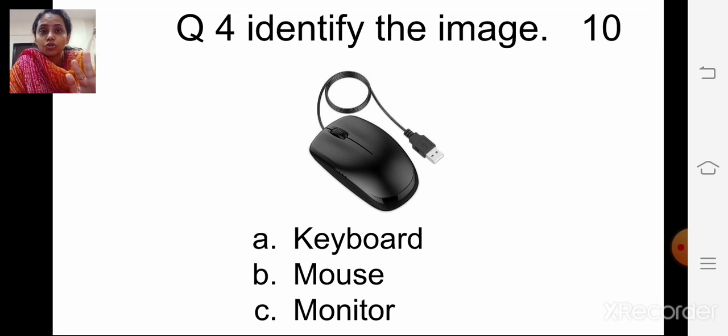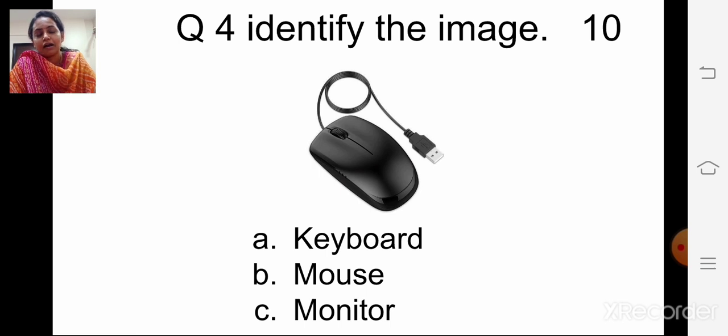So this is your paper pattern of 25 marks. This will be 25 marks total. Okay, children, understood the paper pattern? It is very easy, very simple. Each head question will contain 5 question. Okay, children? Now we will move on to our revision part.